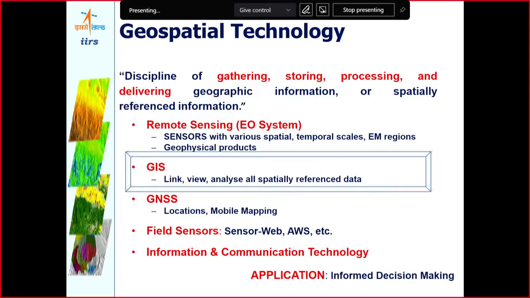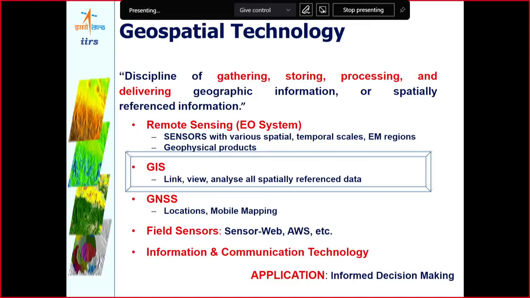Well, if you look at the geospatial technology, it not only talks about GIS, but it also talks about remote sensing. It also talks about inputs from GNSS. It also talks about field sensors, and of course, information and communication technology. Because when we see geospatial technology as a whole, we need to have all the geoinformation data available with us, irrespective of different types of sources, how you can store them, how you can process them, how you can deliver the